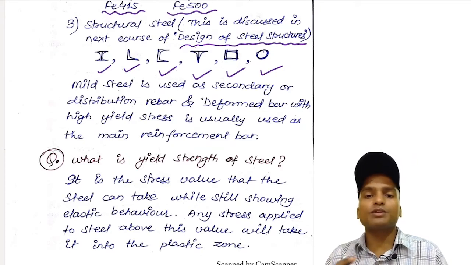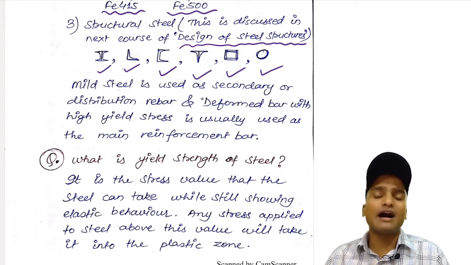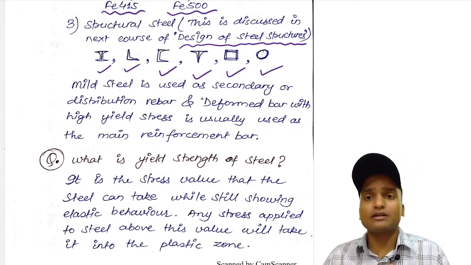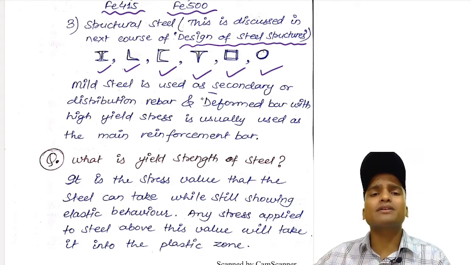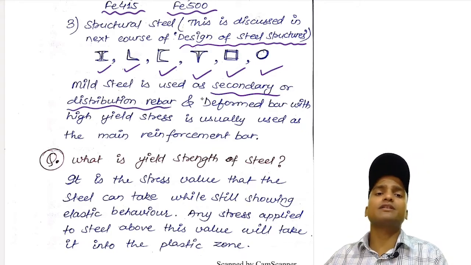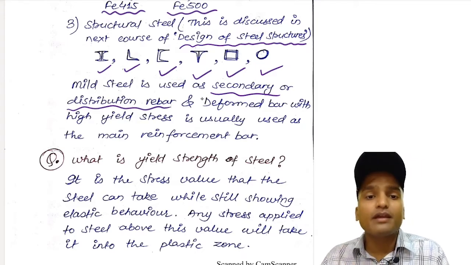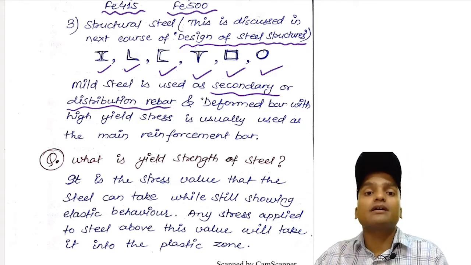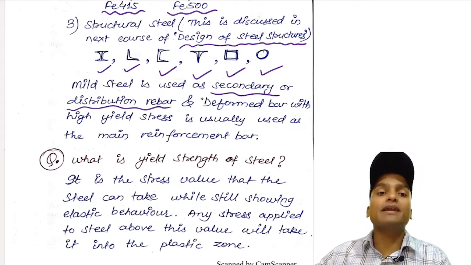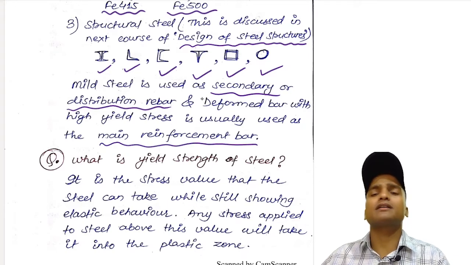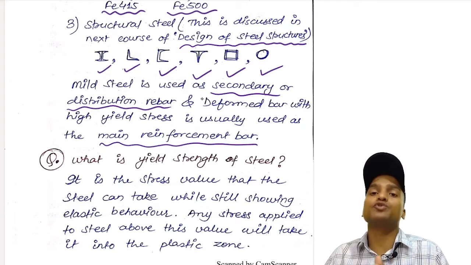So basically we are going to deal with mild steel a little bit, and mostly with high yield strength deformed bars. Mild steel, since it has less yield strength, is used just as a secondary or distribution rebar. अब distribution rebar क्या है ये भी बताऊंगा बाद में, but for the time being, deformed bar is now most prominently used, and it is used as the main reinforcement bar. Main reinforcement bar कहने का मतलब सिंपल है कि यही है जो बेसिकली लोड लेगा, ठीक है।